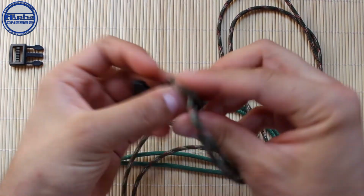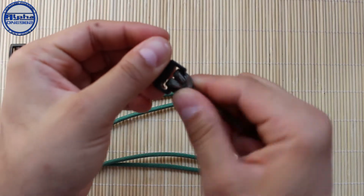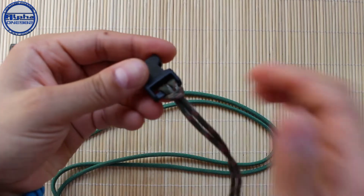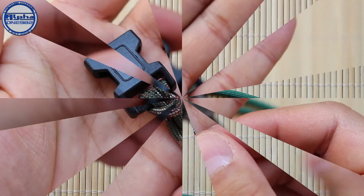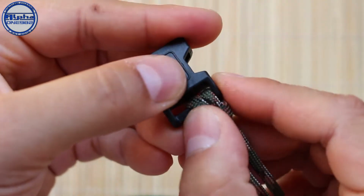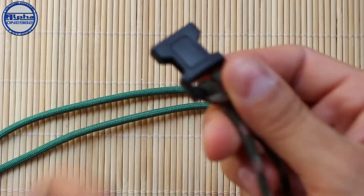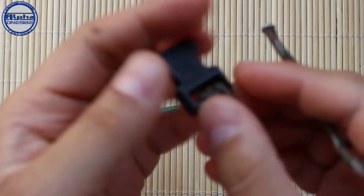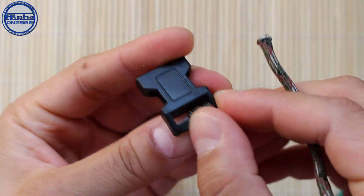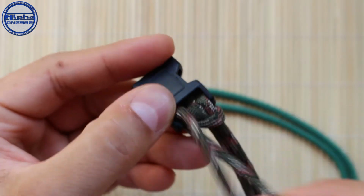and then these two to the loop, and we have basically made the cow hitch. Now when you've done that, slide this cow hitch to the right like this, and then take the left cord and insert it from the top, and then take it and through,